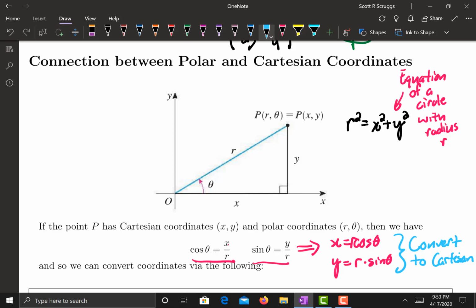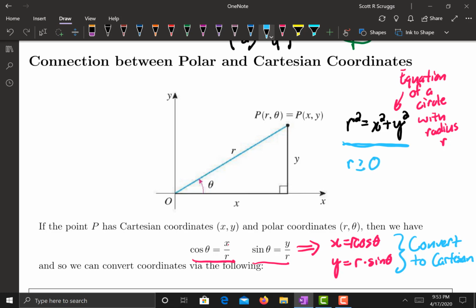Well, let's say I want to go the opposite route, and I have Cartesian coordinates, but I want to convert to polar coordinates. Well, I could get the radial coordinate very quickly from that equation. By Pythagorean theorem, I have that the radial coordinate r squared is equal to x squared plus y squared. And to avoid ambiguity,